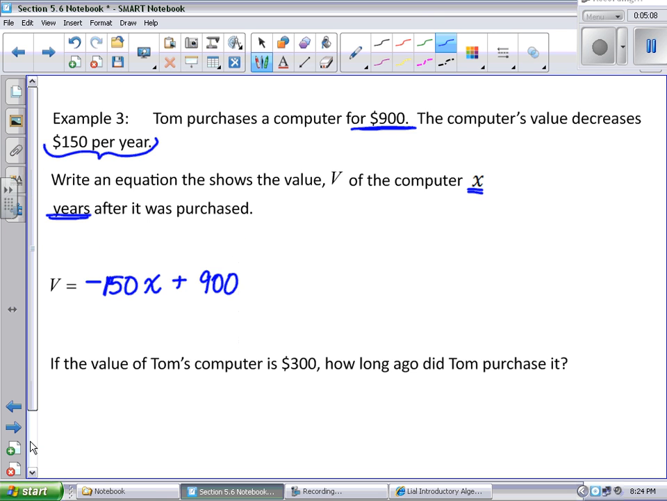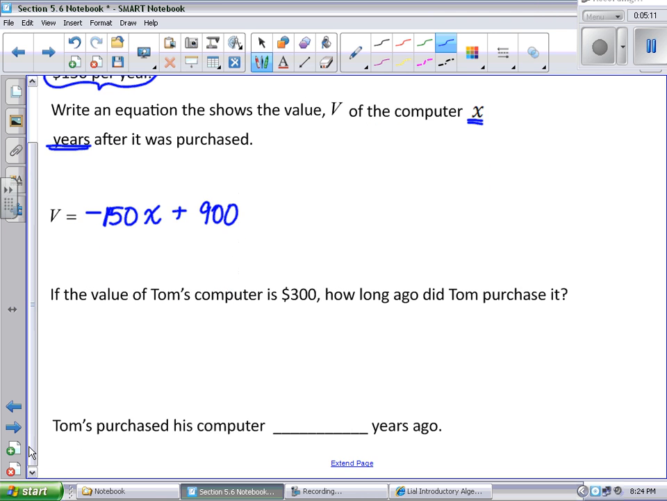And part 2 of this question says, if the value of Tom's computer is $300, how long ago did Tom purchase it? The value is $300. That's our V. We're going to let V equal 300. So we're going to have 300 equals minus 150x plus 900. And we need to solve that equation for x. If I subtract 900 from each side,